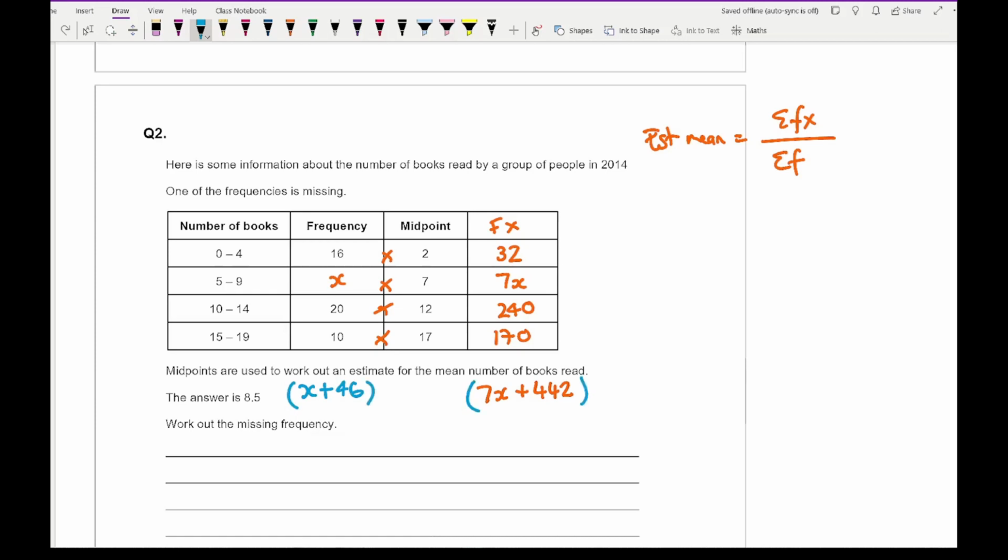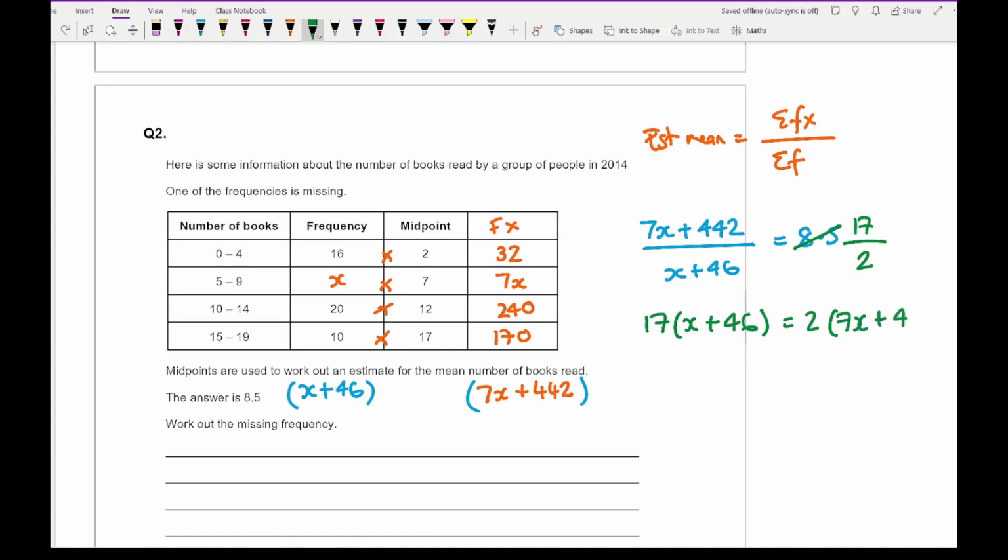So then to work out this formula, what I've got is the total fx, which is 7x plus 442, divided by x plus 46, and that equals 8.5. Now I can rewrite 8.5 as 17 over 2. And from that, what I can then do is cross multiply. So I've got 17 times (x plus 46) equals 2 lots of 7x plus 442. And then expanding those brackets out, I'm going to get 17x plus